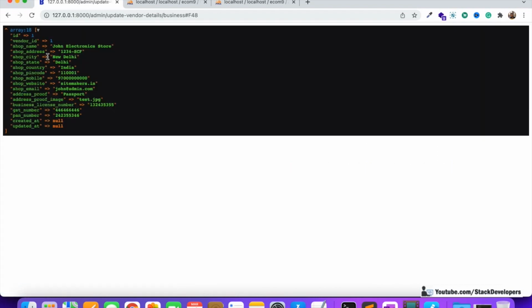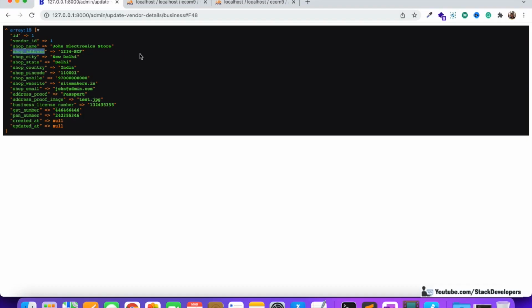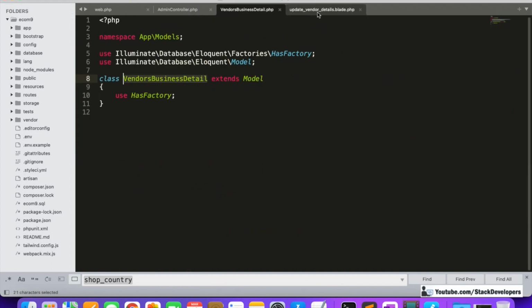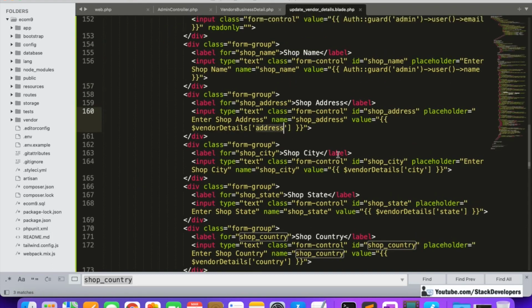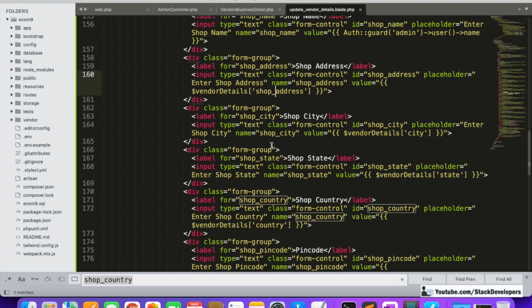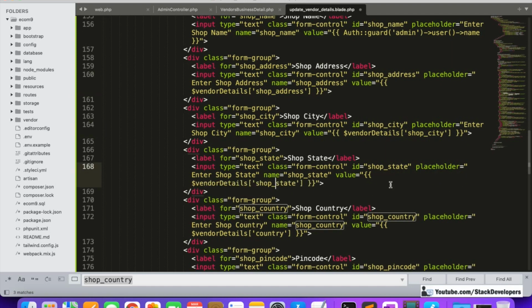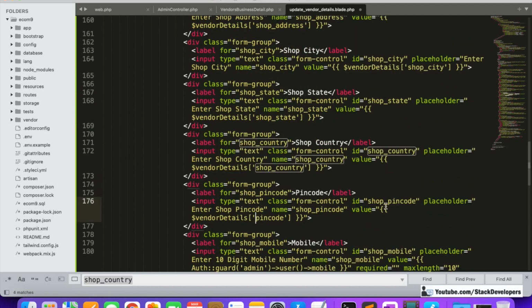See, we are getting the data here, shop name, shop address, and everything. So now we can easily compare the shop address. What is the issue is we need to replace this one with the shop. This one we have not replaced yet. So we need to replace this one, like shop address and shop city, shop state, shop country, shop pin